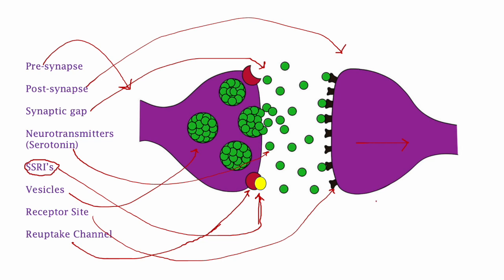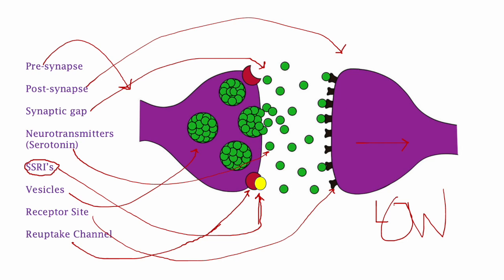So according to the biological explanation of depression, low levels of serotonin lead to depression. So the aim to increase serotonin should work to relieve depressive symptoms. And the most common way of doing this is to administer SSRIs, which are antidepressants. SSRIs stand for selective serotonin reuptake inhibitors. The word inhibit meaning stop. So if you break the word down,